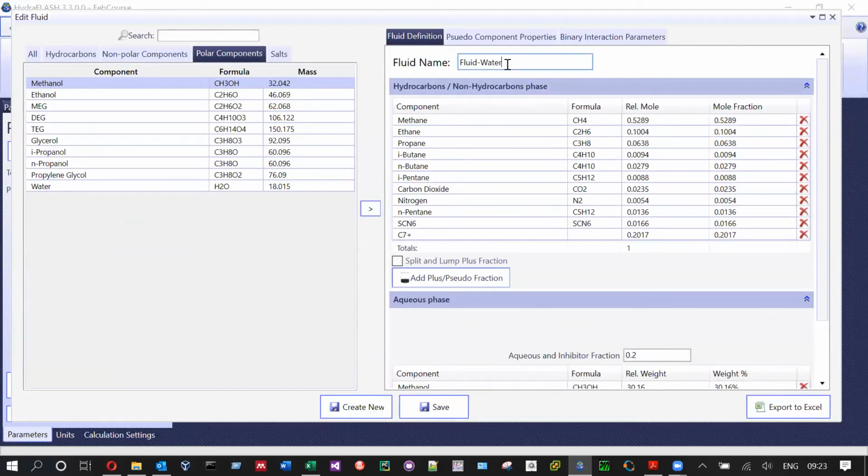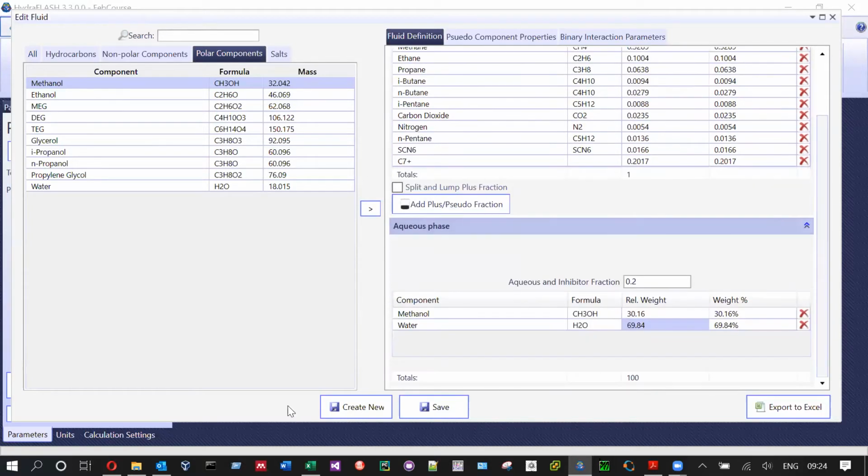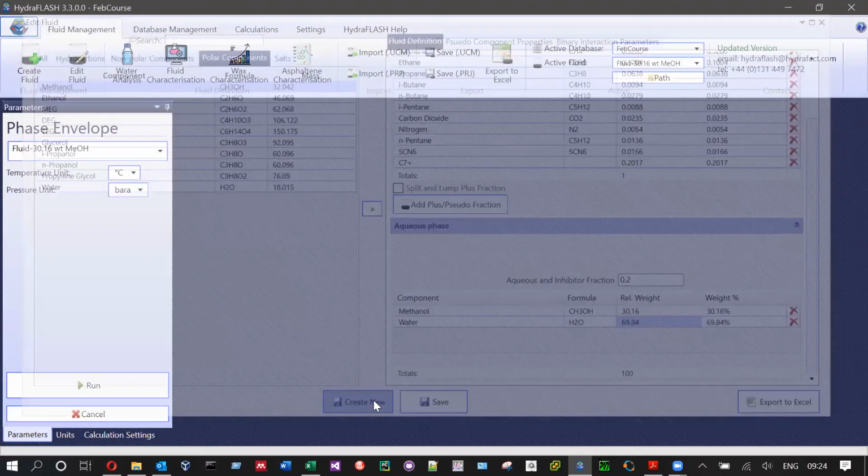Then I name it 30.16 weight% methanol. And then I create a new fluid, and then I can now calculate the hydrate phase boundary of the